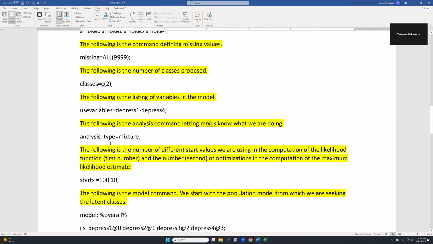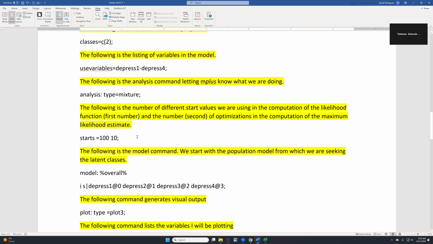We did it when we ran the mediation model using Mplus to tell how many bootstraps we wanted. But here we're going to use the analysis model, and we're saying we're doing a type equals mixture. Now I'm going to ask it how many times I want to run and then optimize